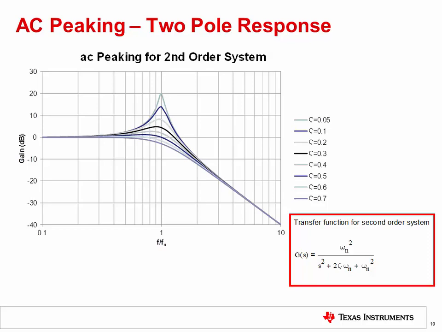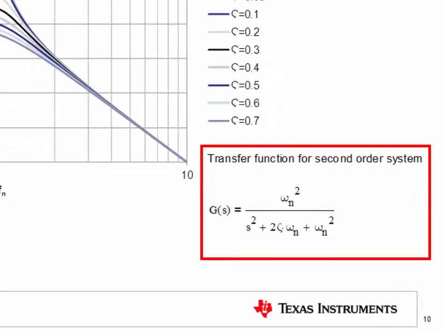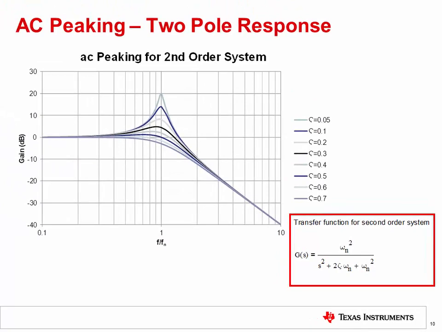The second pole in the AOL curve will affect the magnitude and phase of the op-amp's closed-loop response. In fact, the closed-loop response of an amplifier with two or more poles in the AOL curve is given by this transfer function, where S is J times omega, omega n is the natural frequency, and zeta is the damping factor. The log magnitude graph of the second-order system shows the gain in dB versus frequency for different values of zeta. Notice that for some values of zeta, the gain increases greatly near the natural frequency. This dramatic increase is called gain peaking.